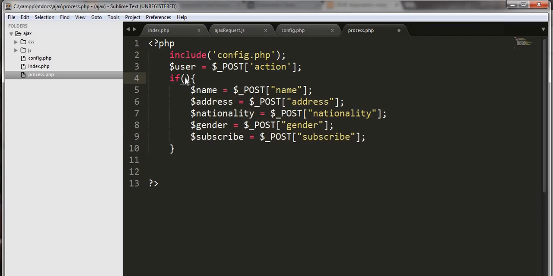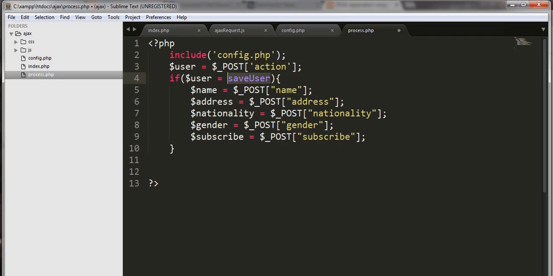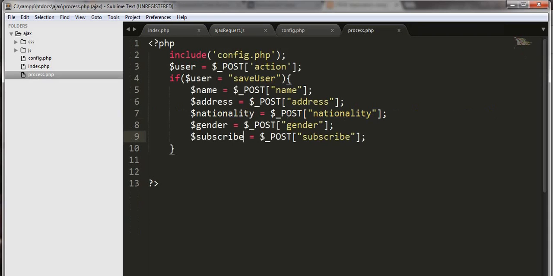If user equals to save user. If the action is equal to save user, which I have written here, if the action equals to save user, then